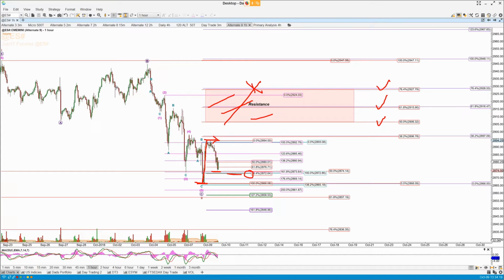If we can clear that, okay, and bear in mind, we should do, if this is a 2, we should clear this, because we've got a 1 up, this would be the 2 back, we'll get another 1, 2, and the 3 of 3 should simply take it all out, and in fact come up and take this out at the same time. If we see that, the count's crystal clear, the impulse is intact, and the 2 is in.